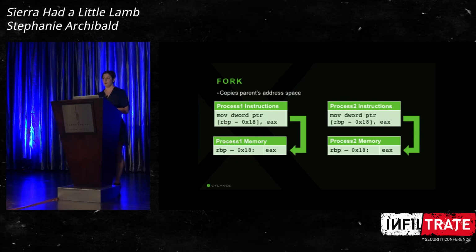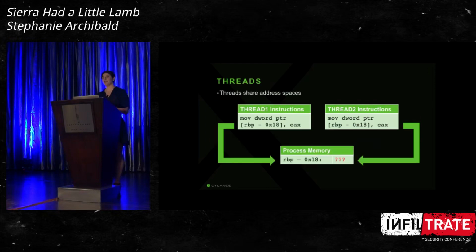Basically what happens on a fork when a new process is created, it copies off all of the process memory, right? Which means, clearly, if you modify the memory in one process, it's not going to affect the memory of a different process unless you've got some shared memory thing going on. But for the most part, that's the case, yeah? Not so for threads, yeah? When you create a new thread in a process, it shares the process memory, which means that you end up in a race condition